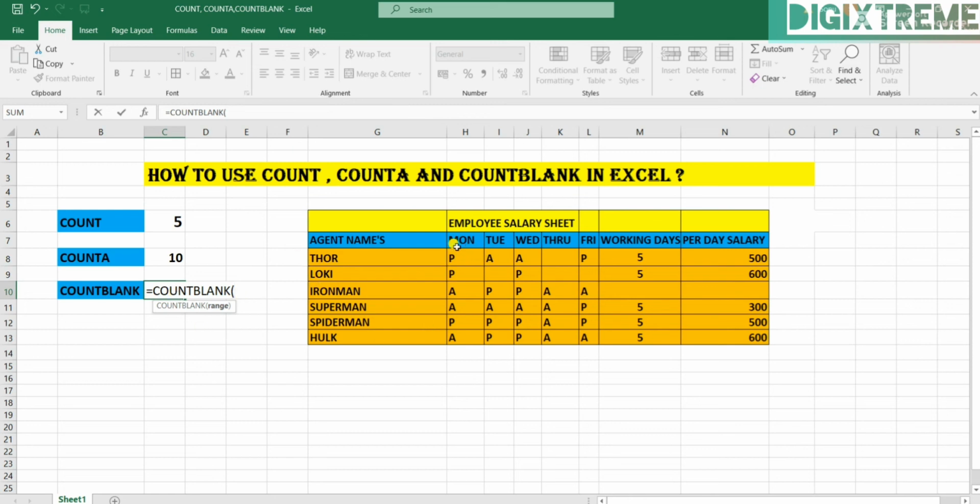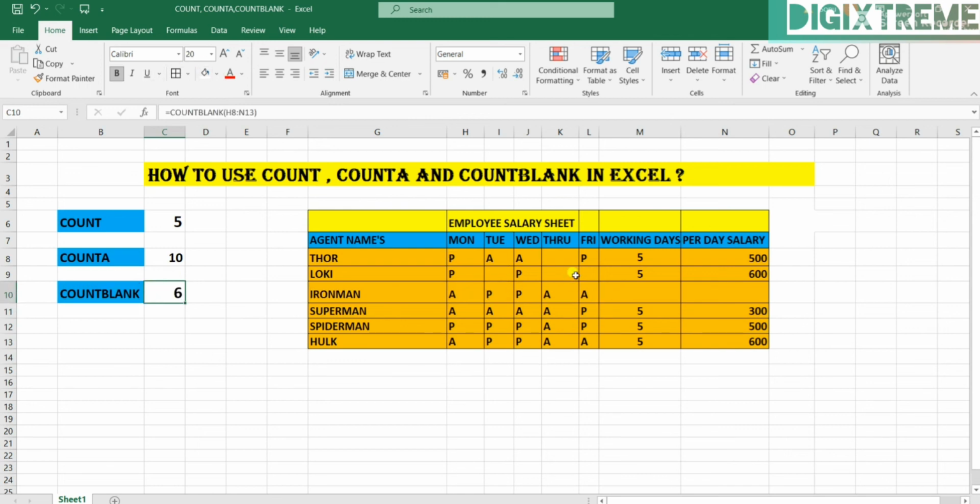You can see I have selected the range from this, and it will show me how many cells remain blank. Let me close the bracket. Now 6, 1, 2, 3, 4, 5, 6.